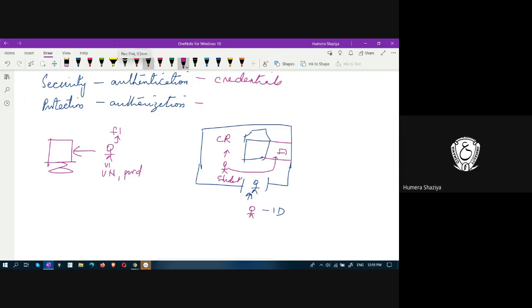Suppose there is another user, user 2. User 2 also has access to this system. On one laptop you can create multiple users, and then you can restrict other users from accessing your contents, your files. You can create a password for your file. That way, user 2 may not be able to write to a file, but may be able to read. So these are different permissions. This is all about protection.